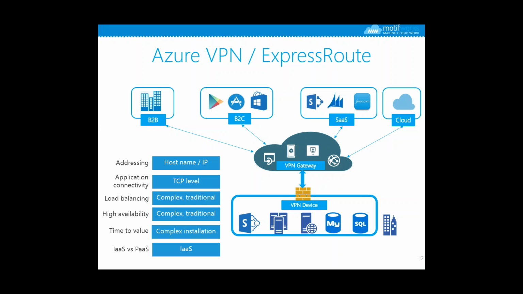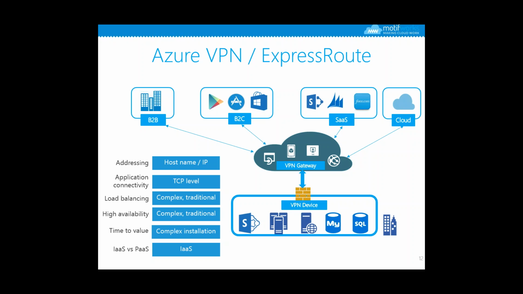So let's talk about a scenario where we start using Azure as your hub to enable on-premise connectivity. We have used Azure here, and this will enable your partners, the mobile applications, your SaaS applications, and even help you build a multi-cloud strategy. Now, in Azure, there are a few services which can help you to connect your on-premise data sources, and one of them is setting up a virtual private network with Azure. Now, in this case, if you look at a few characteristics here, it requires a fairly complex installation.